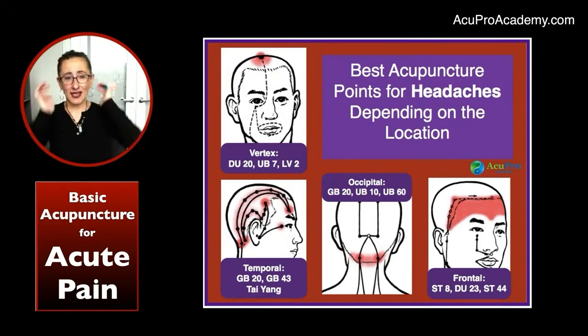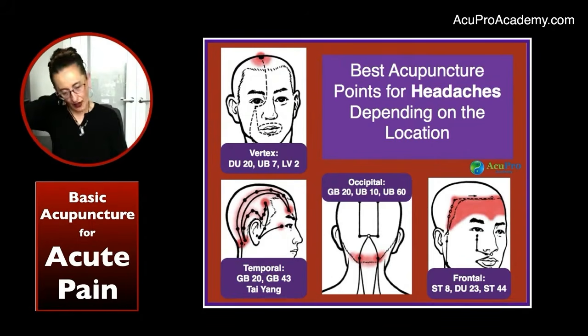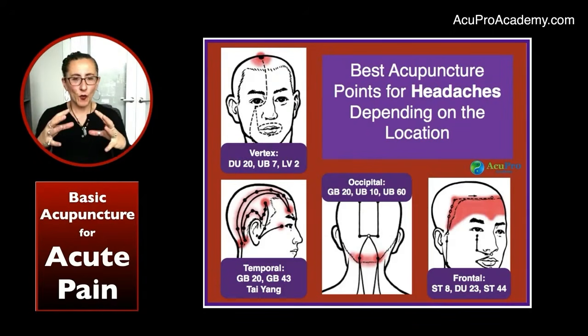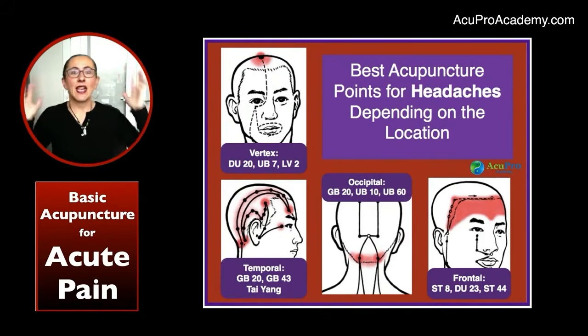Okay. So if you have occipital headache or tension headache, which a lot of patients have, right? A lot of people go, oh my God, I have such a tension headache. You want to put local points again. So Gallbladder 20, of course, right? You could do Bladder 10, which are all in the occipital region in the back here. So that's good as well. And the best